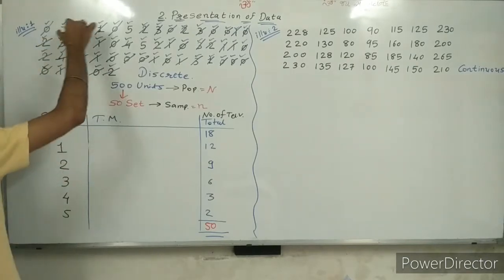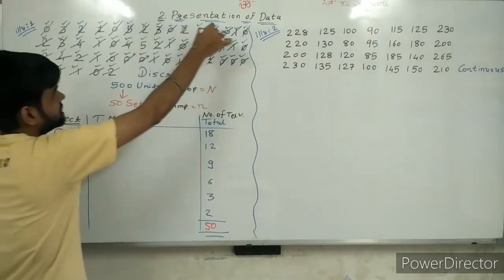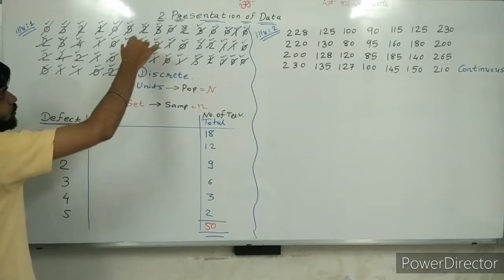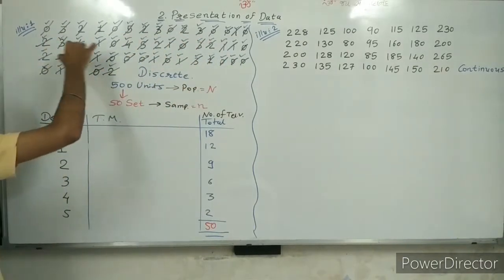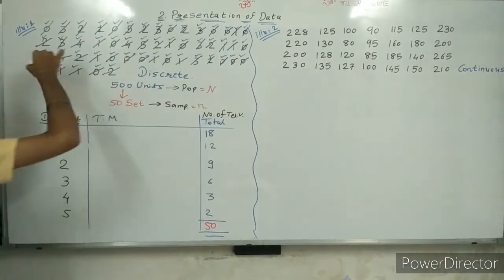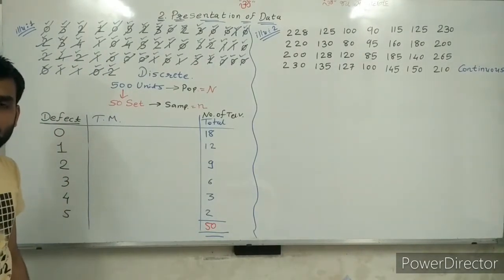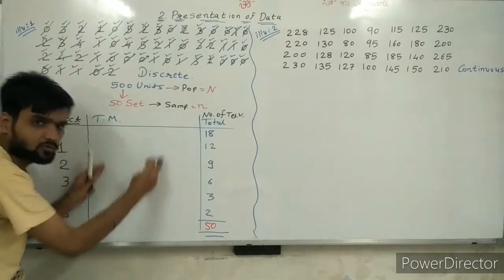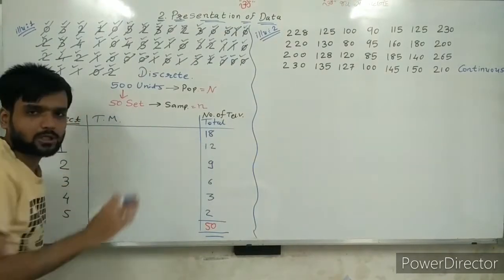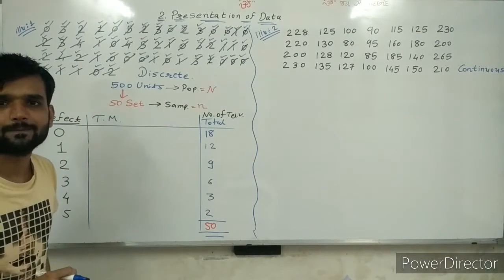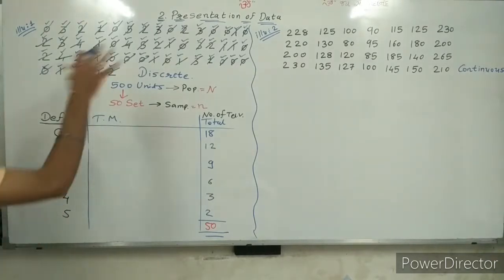Now 5. 1, 2. That's it. Against 5, write 2. What is the legal method? First we have to write tally marks, then we have to calculate how many tally marks are there. But what have we done? Cancelled it.